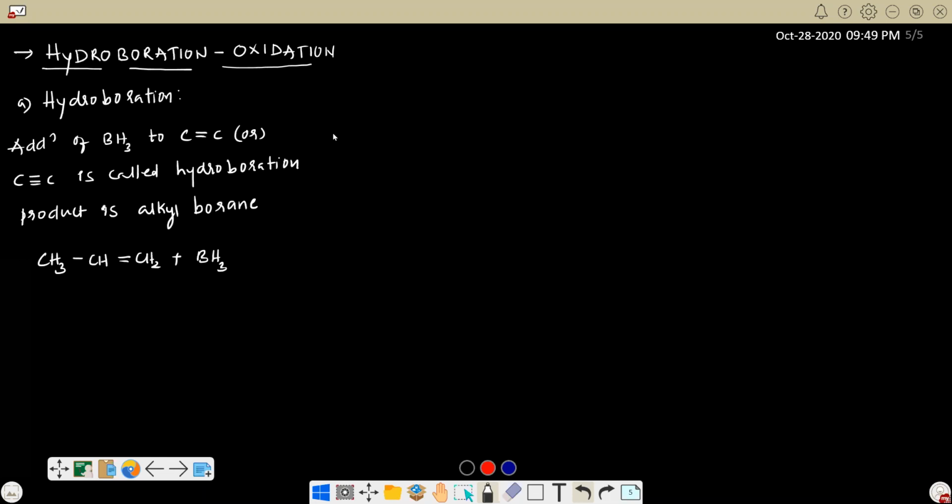Actually, BH3 is a monomer of B2H6, because you have studied in 11th class the structure of diborane, dimerization, banana bond, etc. If you take 3 moles, because it provides 3 hydrogens and one boron is connected to 3 alkyl groups,